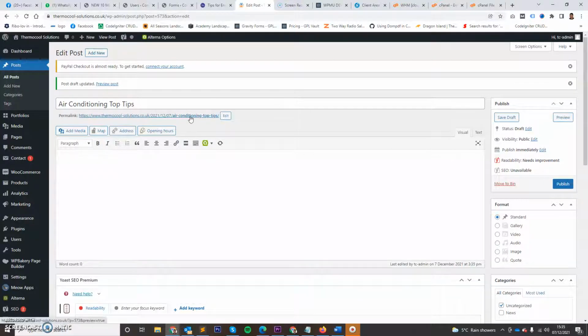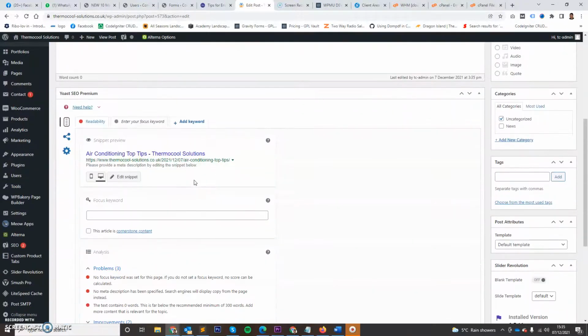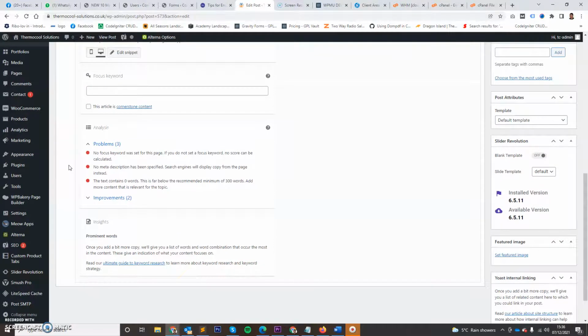I've called it air conditioning top tips. So I've got that keyword straight in there, which is really important. The article's called air conditioning top tips. The permalink is air conditioning top tips. I'm going to name my images when I add them. I'm going to name them air conditioning top tips. So it's repeating that key phrase. And what I'm going to do with Yoast, which is a really good plugin, is this. As I say, it doesn't do it all for you,